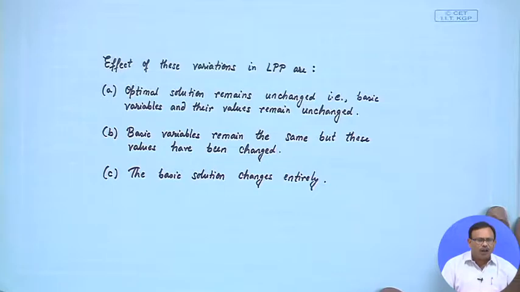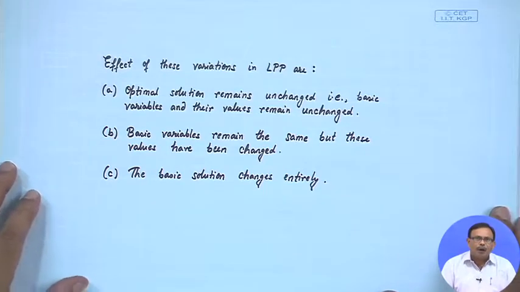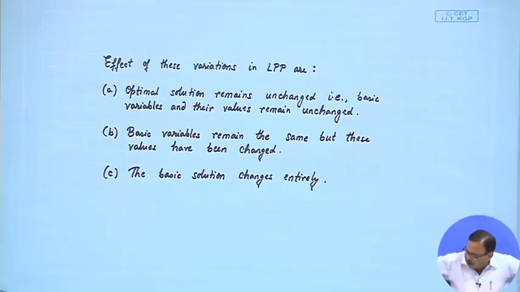So, these are the variations which you may get in your computation: number 1, your optimal solution may remain unchanged, with the basic variables and their values also unchanged; number 2, your basic variable values may change, although the basis will remain as it is; and number 3, the entire solution may change. So, let us see the first one, that is variation in the